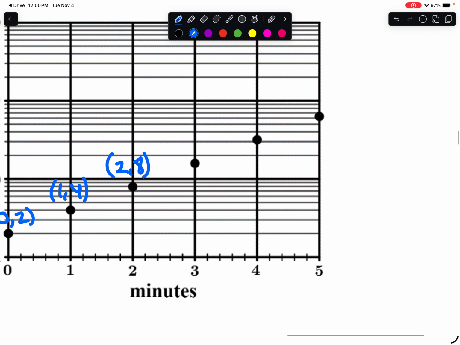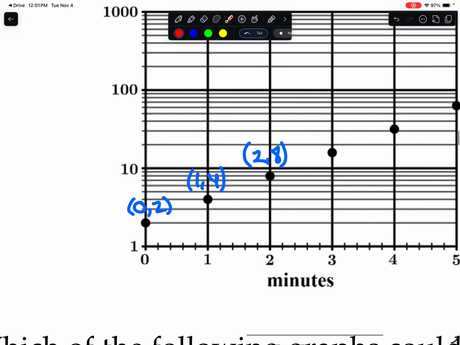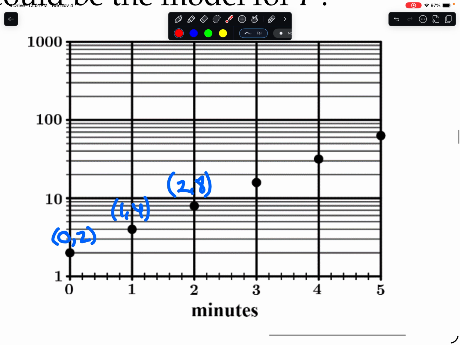And then these other points over here that we have, since they're kind of in between, we can't really assume what those points are going to be. We can kind of make an estimate. So if I just look at my data points to go from 2 to 4 to 8, that means I would multiply by 2. So I'm going to make an estimate and say, well, this is probably going to be (3,